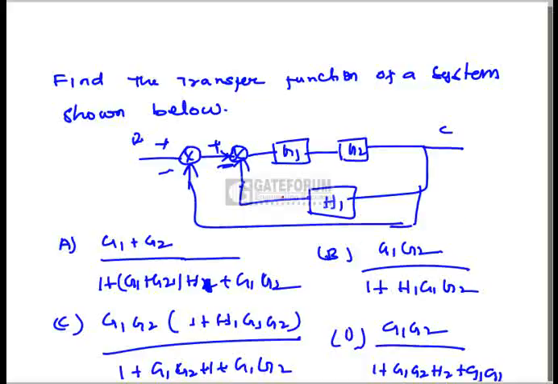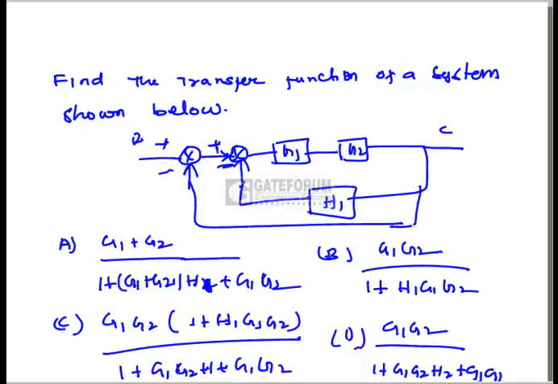So we will try to simplify this with the help of block diagram reduction techniques only, right? Now I am just reducing the network by combining these two blocks into one block, and by combining these two feedback paths into one feedback path. So these two are in parallel. If two networks are in parallel, then they will be added. If two networks are in series, they will be multiplied in the block diagram reduction technique. So I am applying those techniques here.